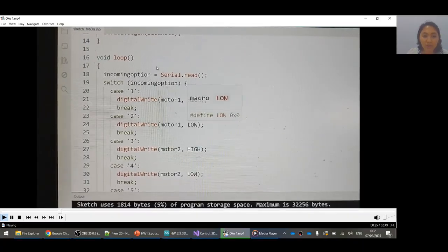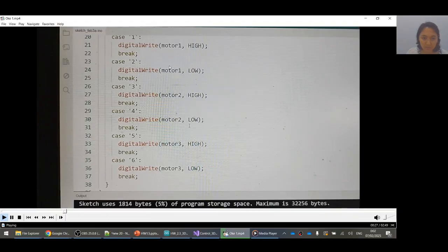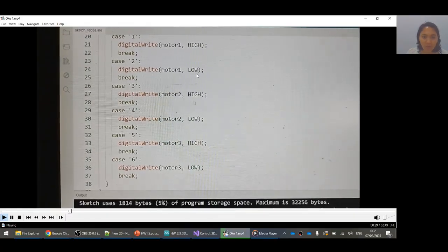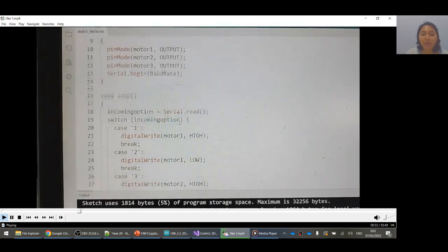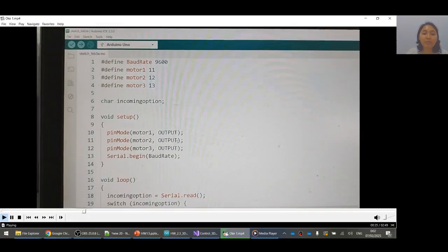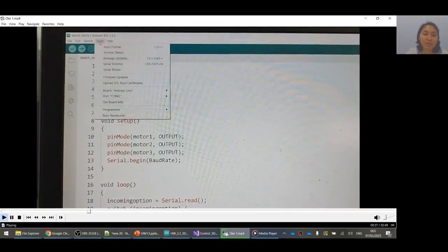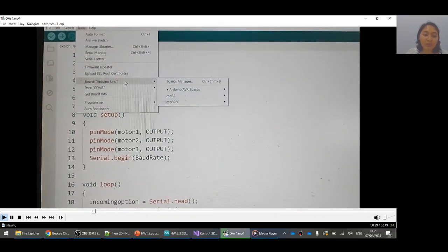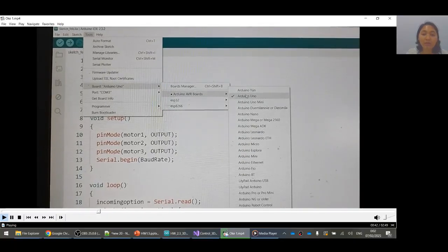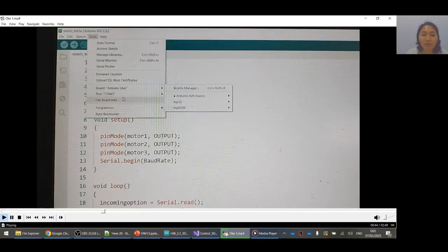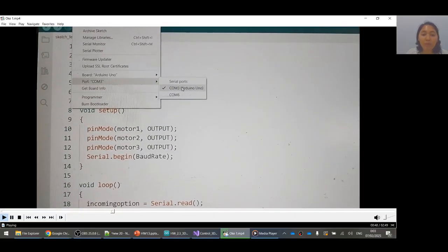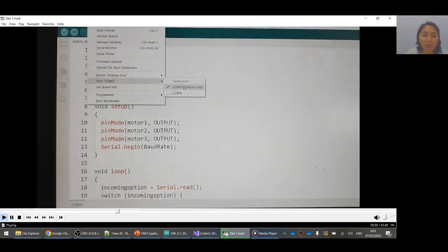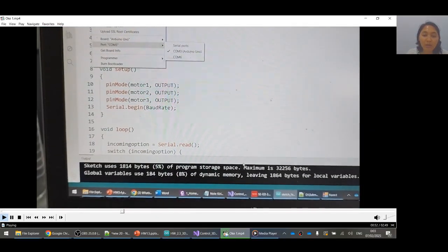And this is the loop function for activate every button for specific case character 1 until 6. And this is for choose the board and port, the right board and port that used in this homework.